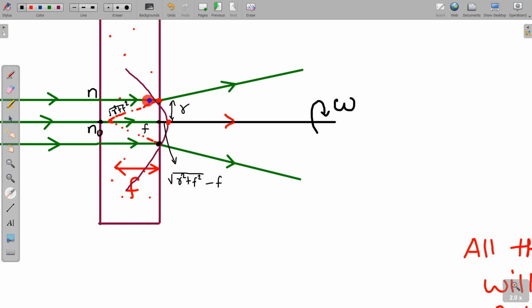तो यहाँ से यहाँ तक ट्रैवल करने में इसने ऑप्टिकल पाथ लेंथ ज़्यादा ट्रैवल किया है। अगर मैं मटेरियल के अंदर बात कर रहा हूँ, इनसाइड द मटेरियल, तो इसने ज़्यादा ऑप्टिकल पाथ ट्रैवल किया, इसने कम ऑप्टिकल पाथ ट्रैवल किया है, और उसको कंपनसेट करने के लिए इसने बाद में इतना एक्स्ट्रा ट्रैवल किया है। तो इस तरीके से दोनों के जो ऑप्टिकल पाथ होंगे वो सेम हो जाएंगे। तो ऑप्टिकल पाथ मैं दोनों के सेम कर देता हूँ यहाँ पर।